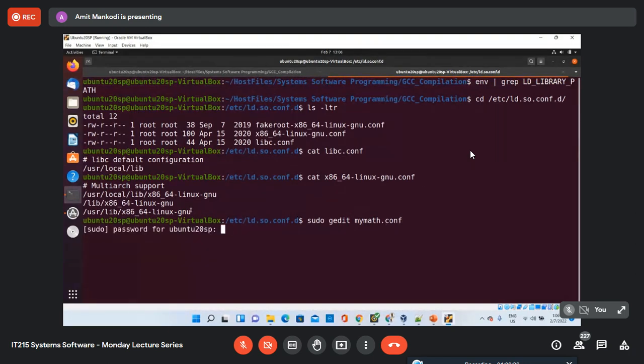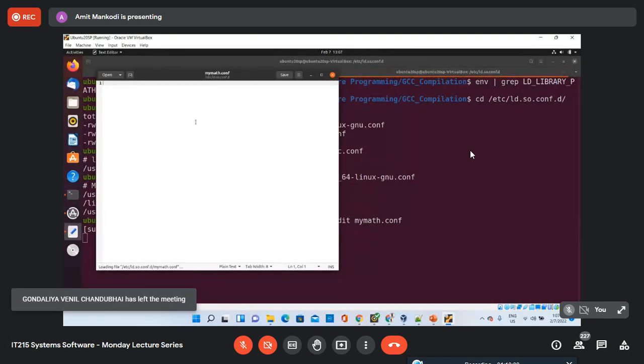And you can see that it is asking for a password because not all users have super user access. Okay, super user is basically root access, right? Not all users will have root access, but because we created this user at the time of installation, this user has super user access. In our college, when you are given a user for a server, your user may not have super user access. Okay, so now gedit is open, and now I can put the path which I want.